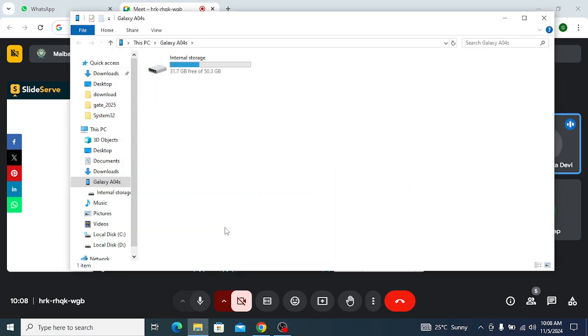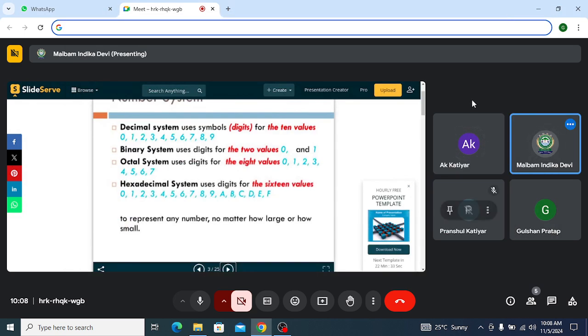Whether it is a small number or a big number, if you are using the decimal number system and want to represent 1000, you write 1000. If you want to represent 1000 in binary, it will be a different value consisting of only 0 and 1. In the octal number system, 1000 will be represented using 0 to 7. In hexadecimal, you will denote that 1000 using 0 to F. How do we do it? Let's check it out.